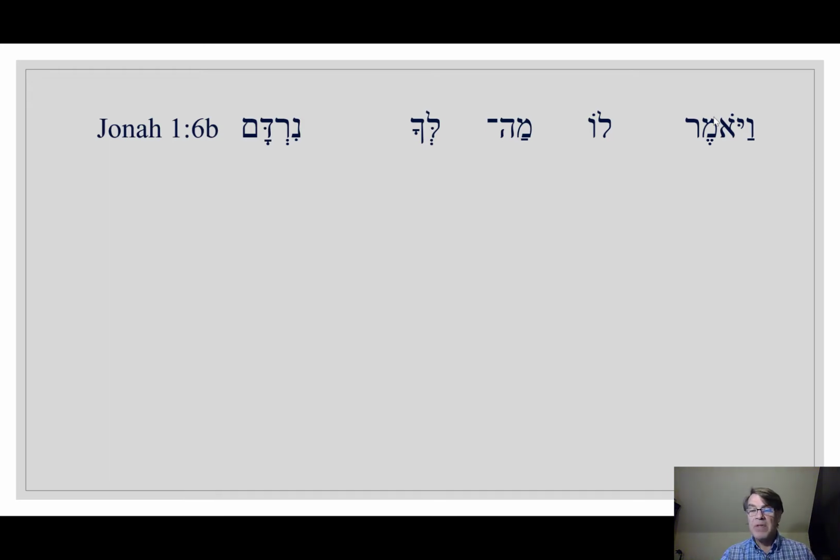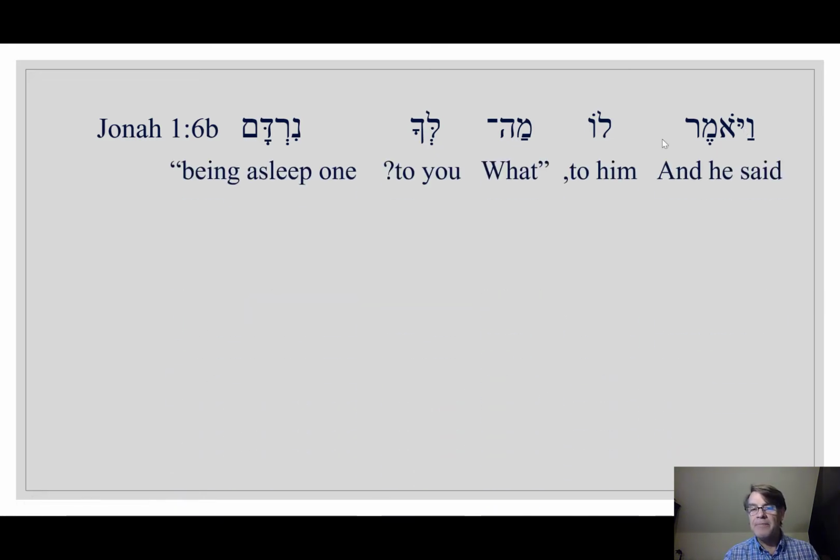So Vayomer, you recognize the Vav, right? That's and. This is a past tense. With these particular kinds of, we used to call them converted imperfects. That's not a very nice way to call it. But anyway, the accent is usually on the second to last syllable, vayomer, just something to tuck away. You don't need to know that, but it basically means, and he said.